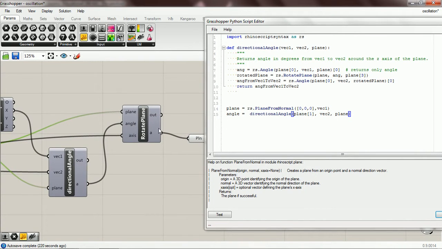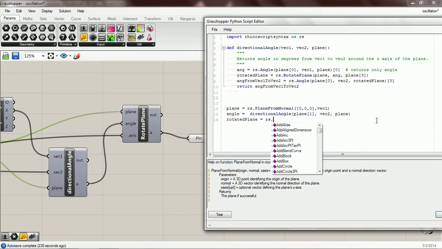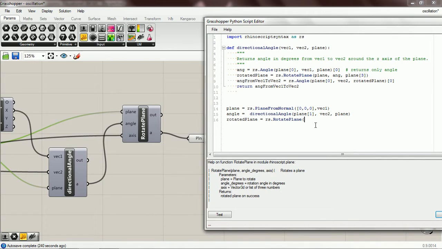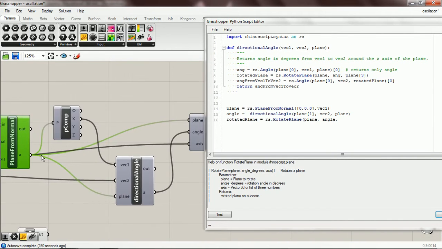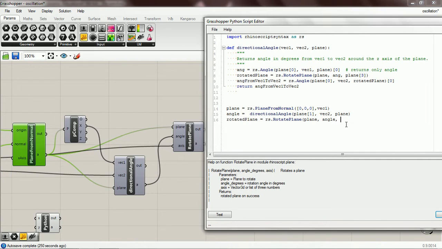And then we want a rotated plane, so the way we get that is rs.rotate plane, and for that we want to pass in our plane that we made, our angle, and the axis is plane from normal. So is our planes